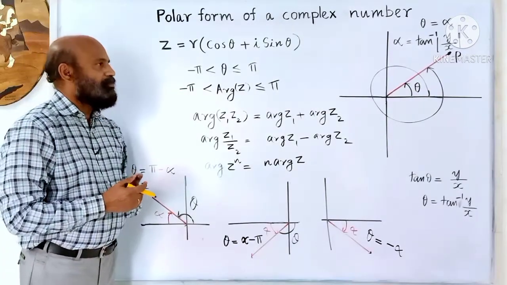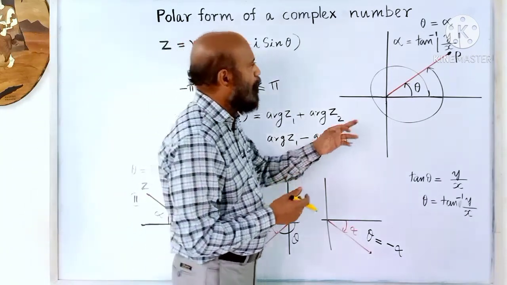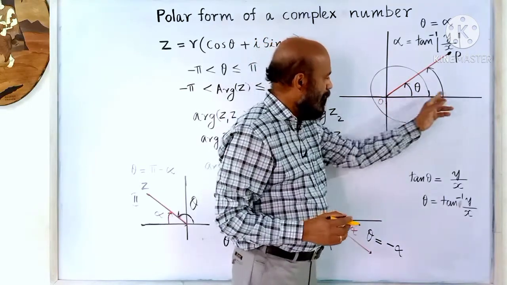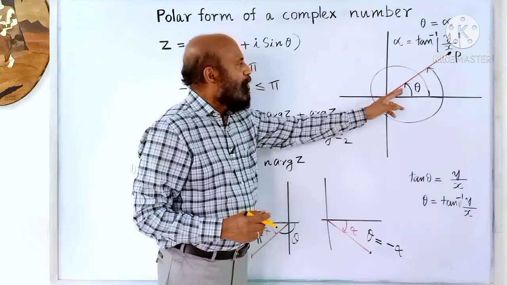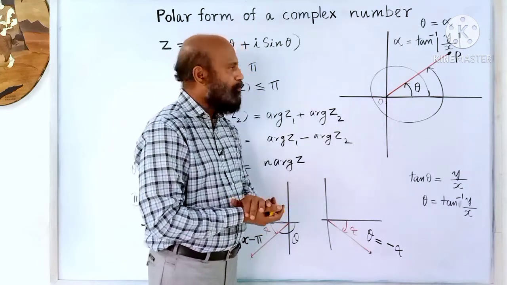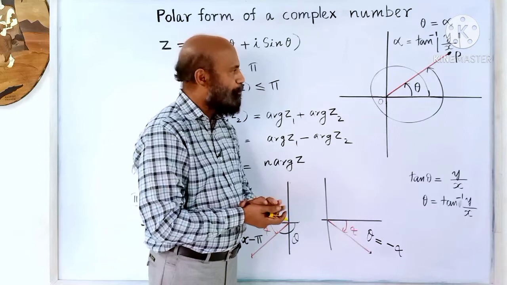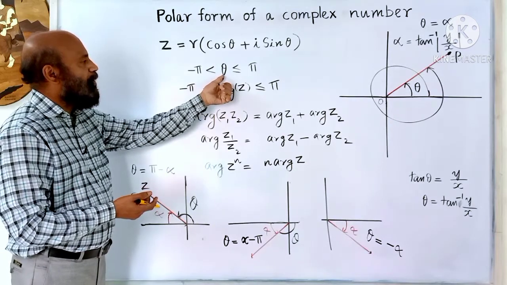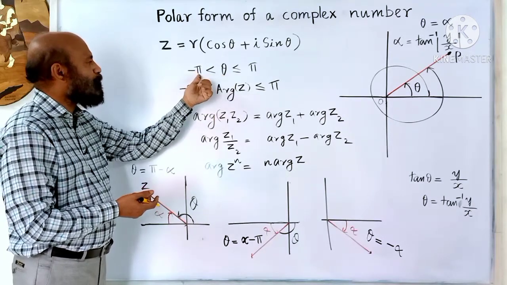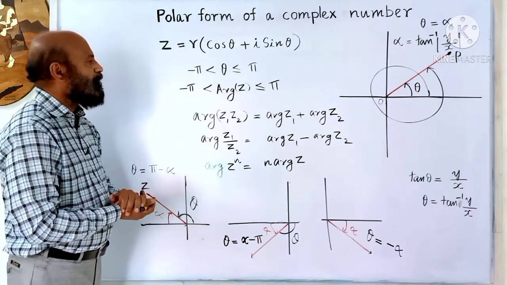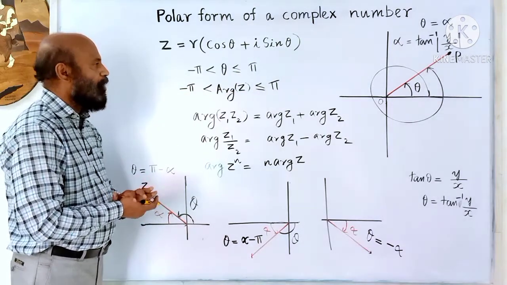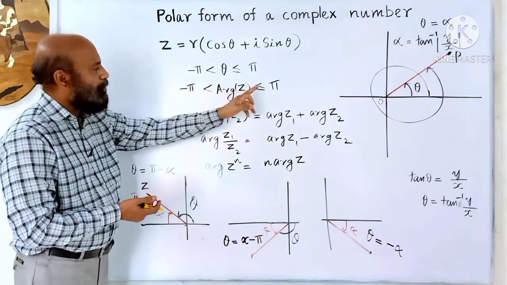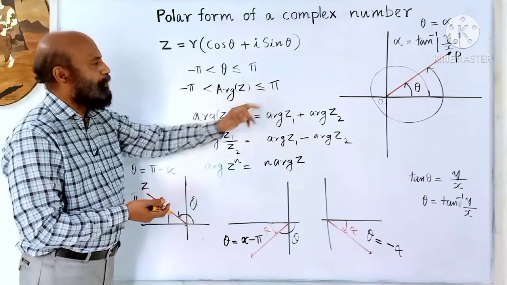The real number theta is the angle made by the line OP with the initial line. Theta can have infinite number of values differing by 2 pi radians. But there is a unique value for theta in between minus pi and plus pi, that is known as the principal value or argument of the complex number. It is in between minus pi and plus pi.